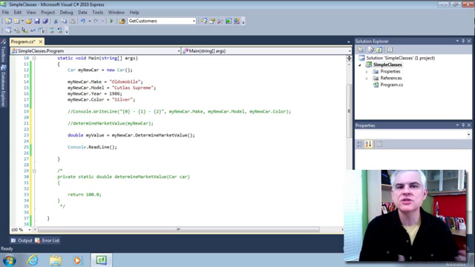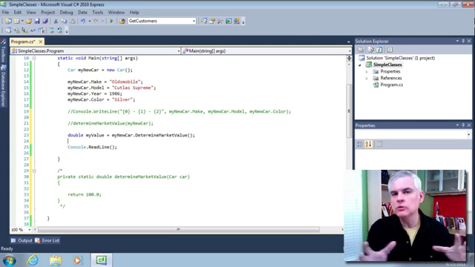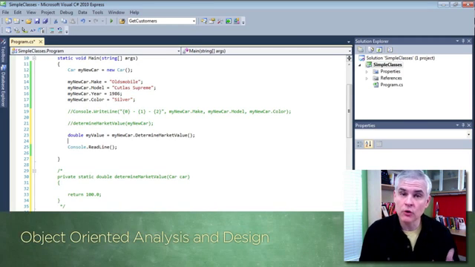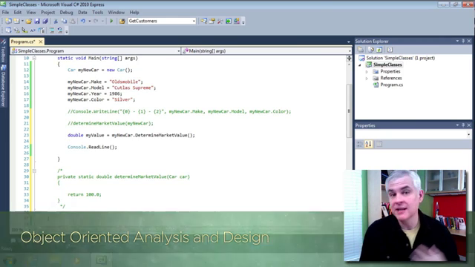But as you mature as a software developer, you're going to want to invest more time in learning how to create your own library of classes that represent both tangible and intangible or conceptual things as a means of breaking down real-world problems into code that you can easily write. This process is called object-oriented analysis and design. Again, that's not something we're going to cover in this series of lessons, but you can learn more about that on Channel 9, on Microsoft.com, and then on my own website,